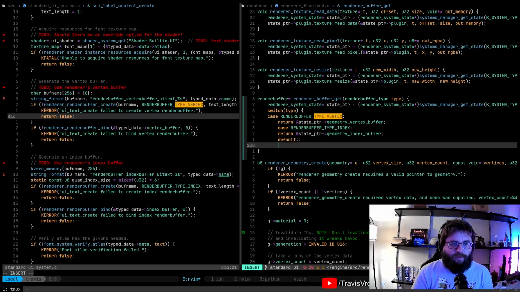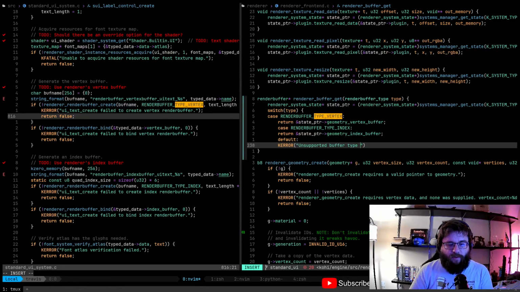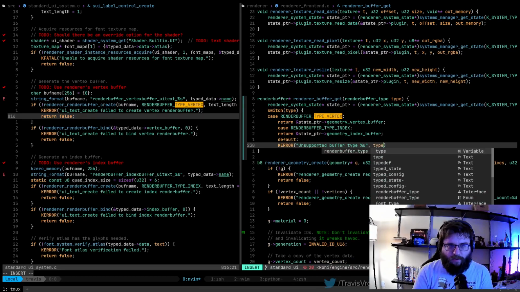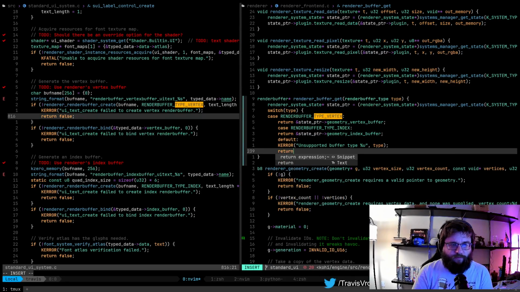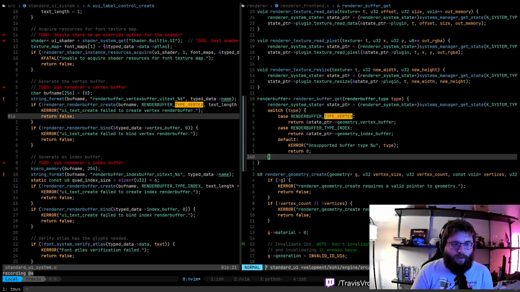Default, k-error, unsupported buffer type, and then we'll just treat that as a number, spit out type, return null pointer. That makes more sense, I think.